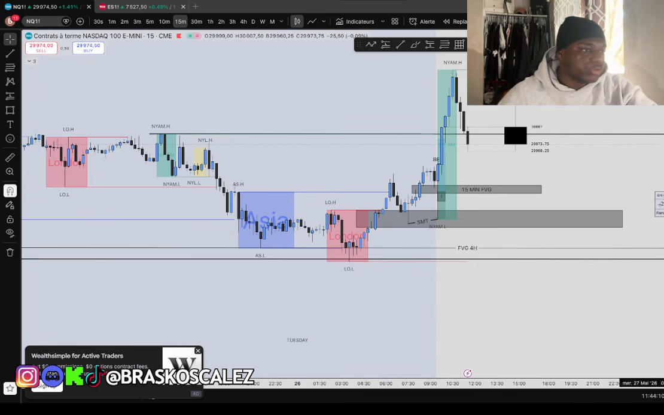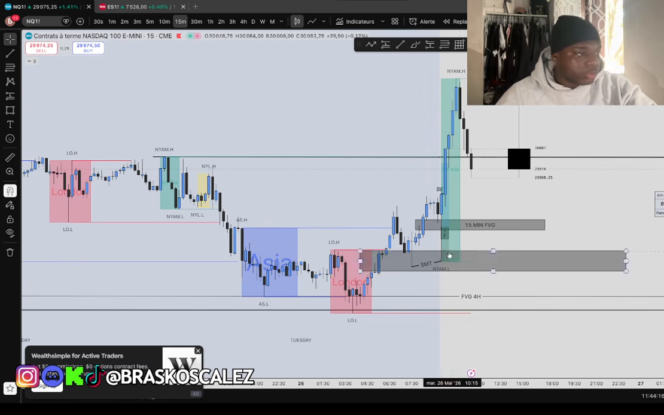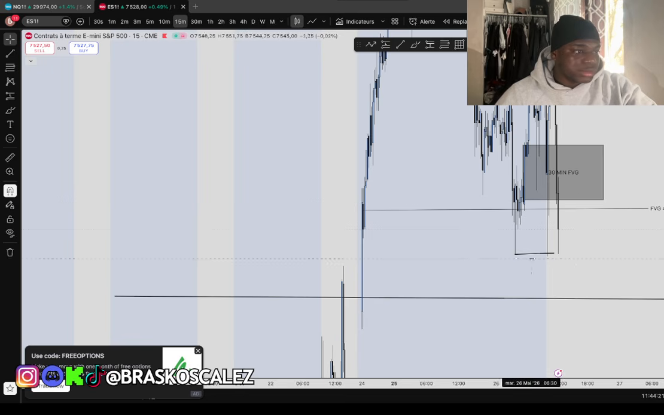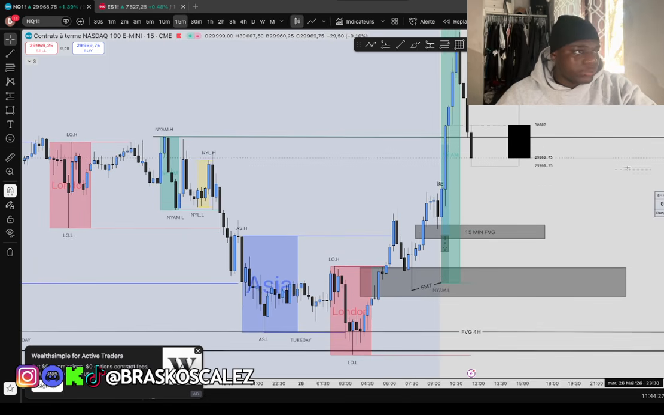So I came back on the 15 minutes, retested inside this gap, and at the same time we created an SMT at the lows over here. ES did sweep it, but NQ didn't. So we have our SMT, and if I scale down again,